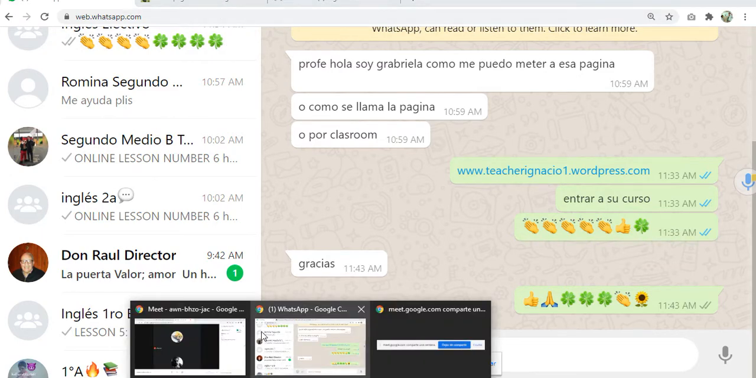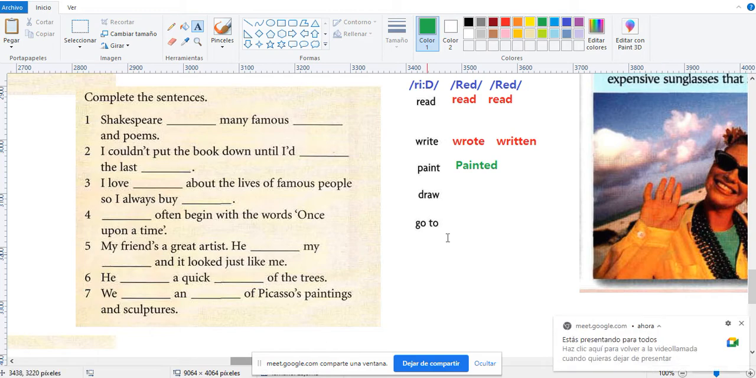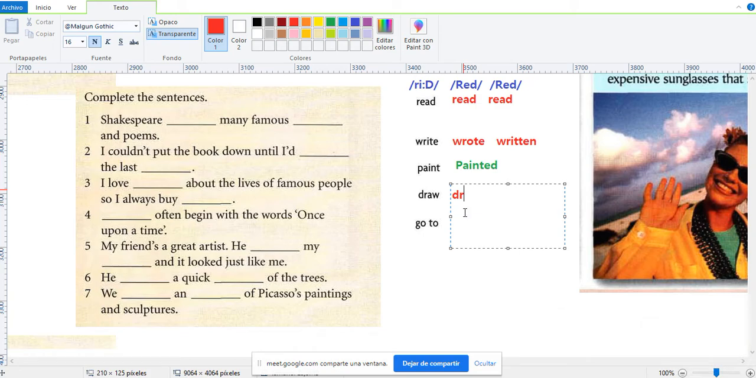Okay, the next one. What do you think is the next one in past? I think you know that it is very easy. Okay. I think it is not so easy, but it is something that you can learn. Okay, the verb draw is dibujar. And the past is draw, if I'm not wrong. The past simple of the verb draw is